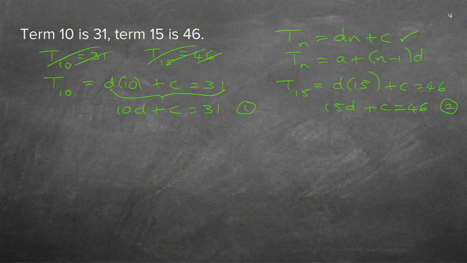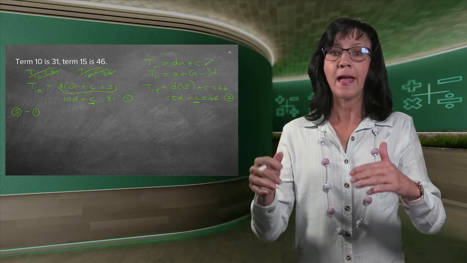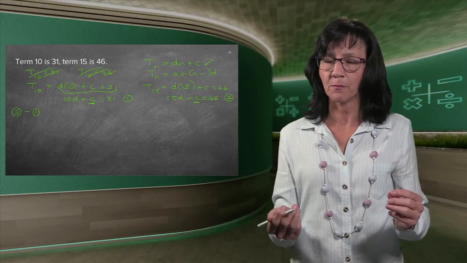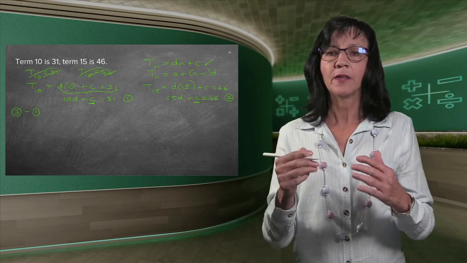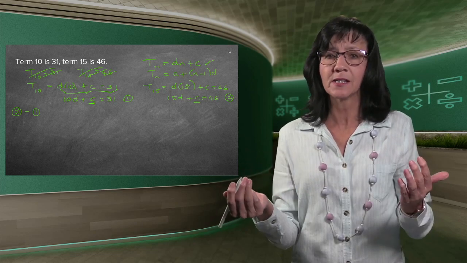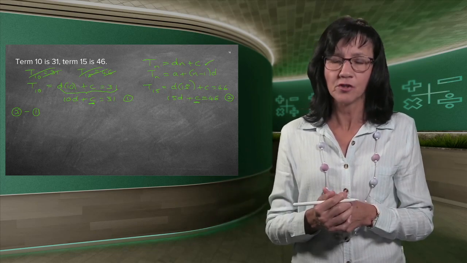So if I look at this c and that c, I can see they're the same. 15 is bigger than 10, so I'm going to do this. I'm going to say let's take equation 2 and let's minus equation 1 from it. Just be very careful. Luckily, we've got only pluses in our sums now. But if there were minuses and I minus a minus, it becomes a positive. So be very careful if you do the minusing and if there is a minus specifically, that you make sure it turns into a positive.